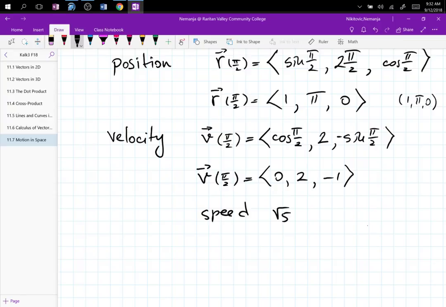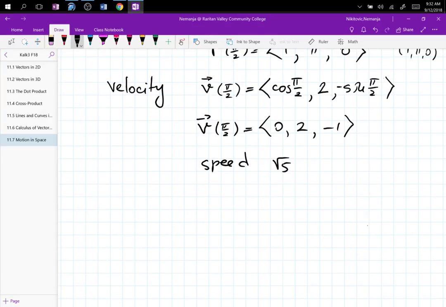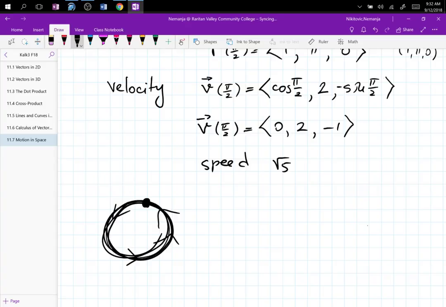But note that the velocity also has the direction. So what is this velocity vector showing? The easiest way to explain this is using 2D rather than 3D. I can do it with 3D as well, but let me talk about 2D first. So if you have a circular motion and you have an object which is moving in this circular path,